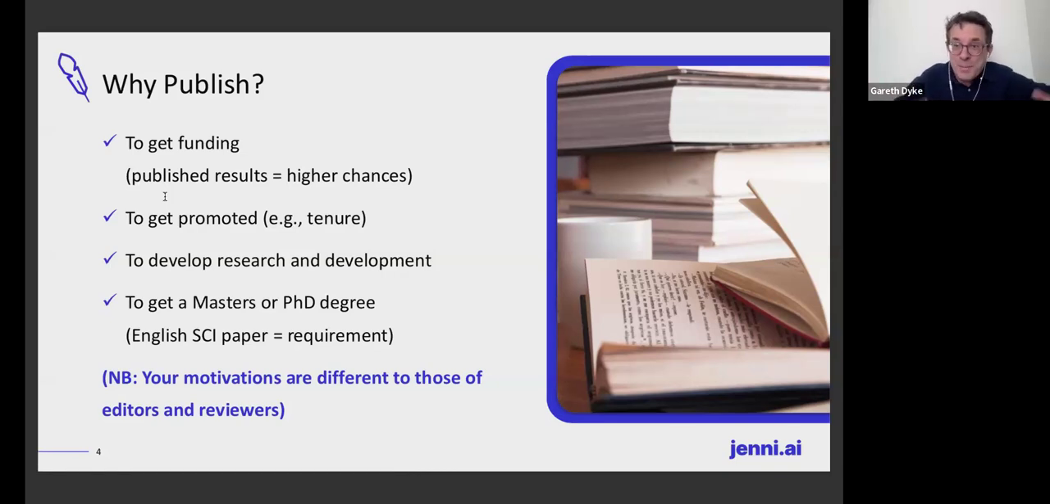Perhaps it's to develop research, a very honorable aim, a very honorable reason to get your paper published. Or perhaps more practically speaking, you might need to get your master's or your PhD, and one of your university's requirements for doing that is going to be the publication of a research article, probably in an SCI or ESCI Scopus Q1 or Q2 journal. Keep that in mind because, as we'll also talk about in this event today, your reasons